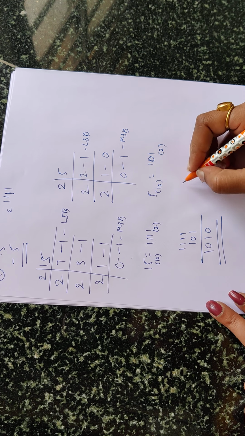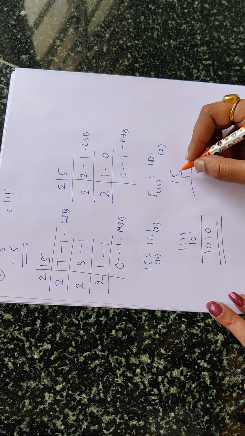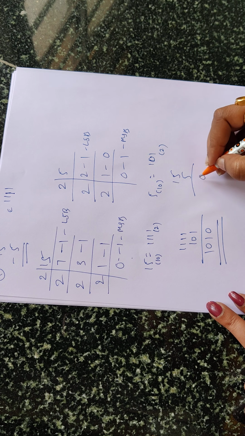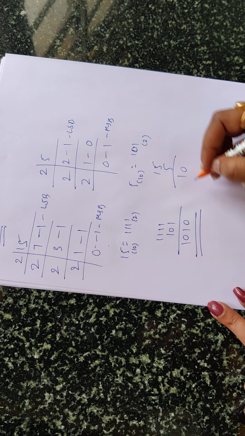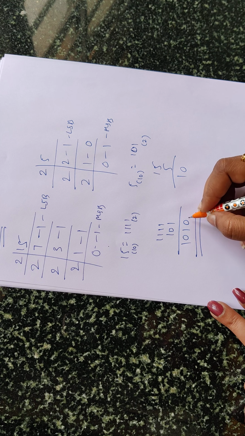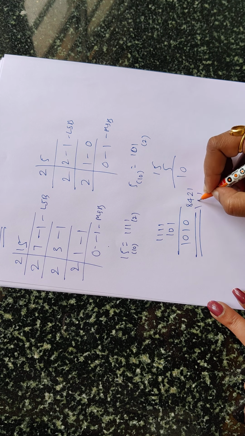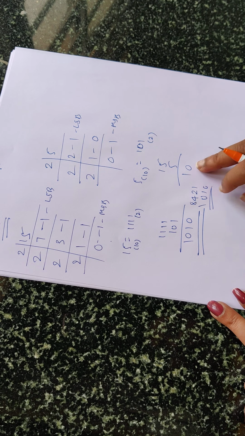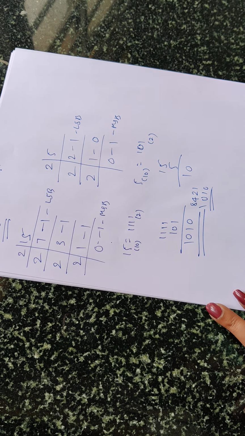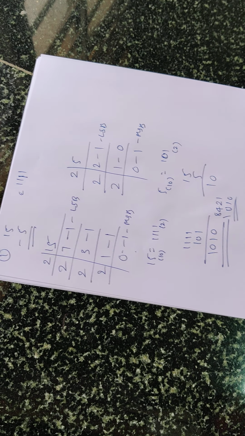Now if you do it manually in decimal, what value will you get? 15 minus 5. 5 minus 5 is 0, 1 as it is. So you get the value 10. Now just concentrate here on 1010. Refer to 8421. So 1010 means you get the 10 value exactly the same. So what we followed is the same and the correct answer.